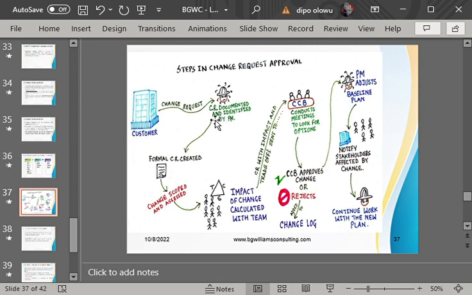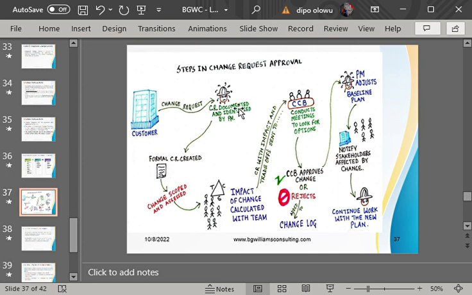You can say the change request should be documented and identified by the project manager. So when that change request is sent to the project manager, what will he do? He documents it. Now, that document where the project manager documents it is what we refer to as the change log or change request log.